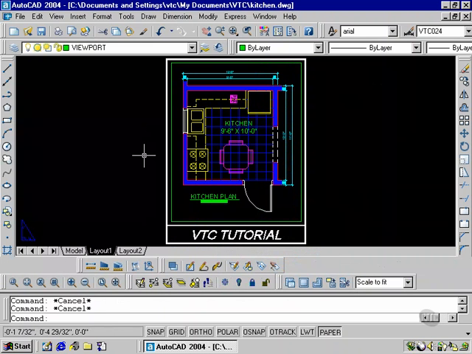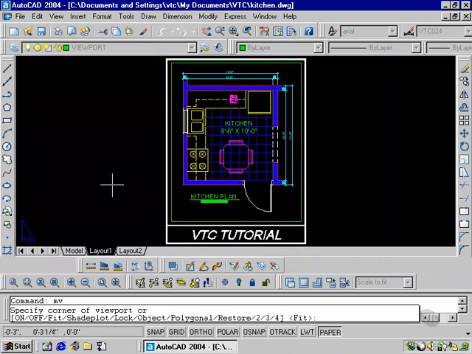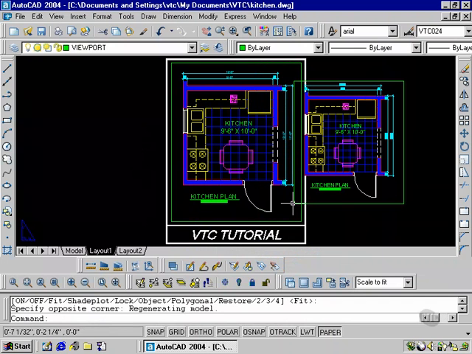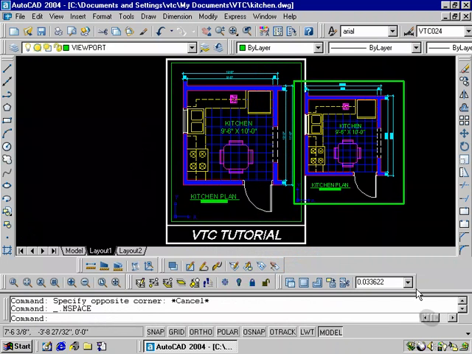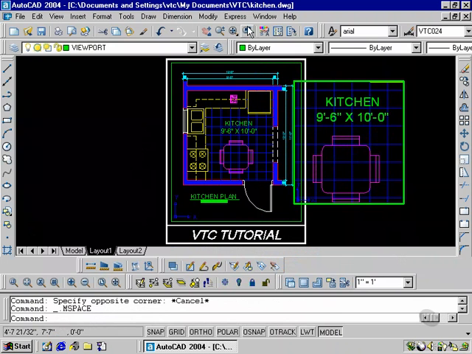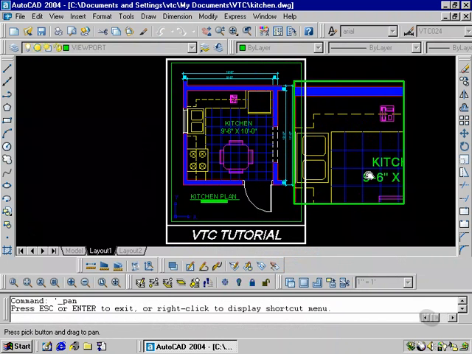One other thing I'd like to point out, and that is that I could have multiple viewports open, not just this one. I can create another one. Again, I could go to View, or I can simply type MV as a keyboard shortcut and create a window here, a viewport. Double click inside, change the scale. This time, let's say 1 inch equals a foot, and I could pan, and maybe I want